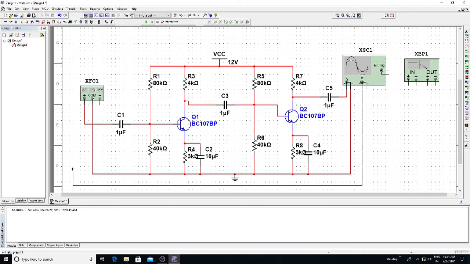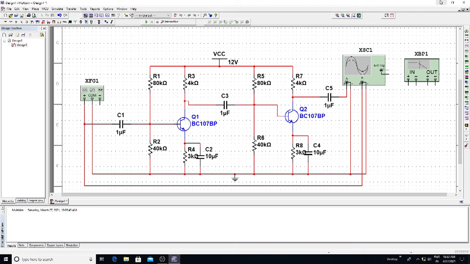Positive should be connected to the positive of the oscilloscope. This is a positive terminal, and I am connecting it directly to the positive of the oscilloscope. Next, negative should be connected to ground. So connect the negative point to the ground. I already said this line is a common ground, so I can connect all the negatives here to make it a common ground.